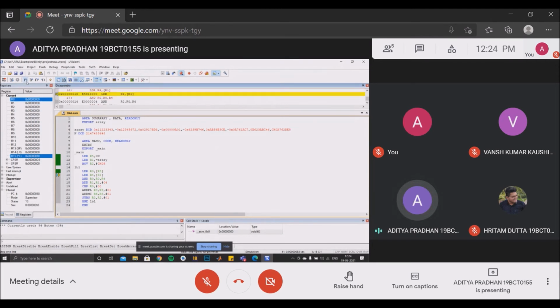On further execution of code line number 15, we see that the content which is pointed to by R5 is moved to R0, so the constant value here is converted to the hexadecimal value and stored in the R0 register. When we consider the binary version of this data, the MSB comes out to be 1 for this data. Now R1